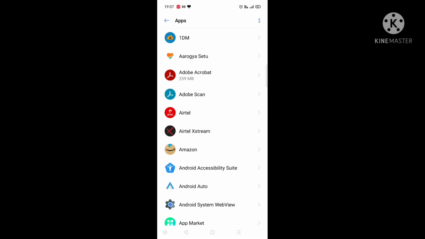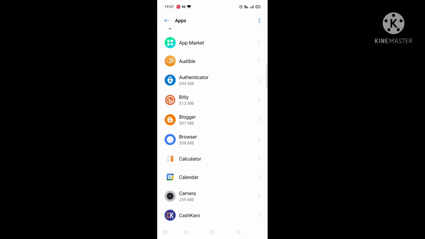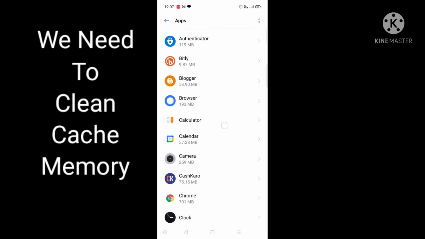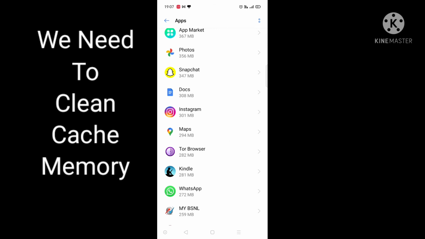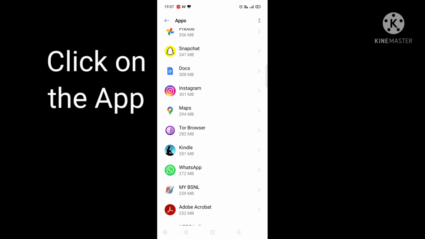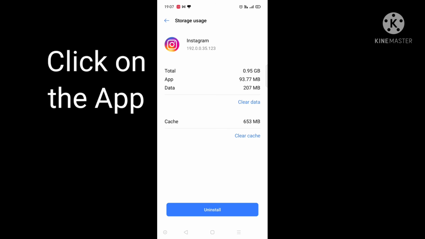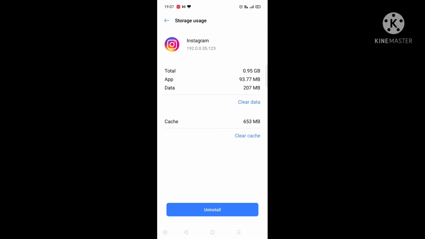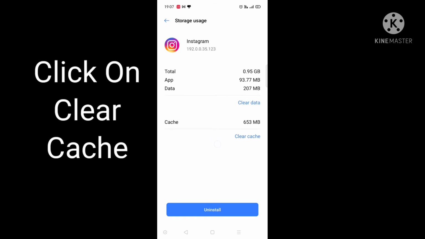So just go to any app, like Instagram is taking 301 MB. So we need to clean the cache. You can see here the cache memory is taking 653 MB.